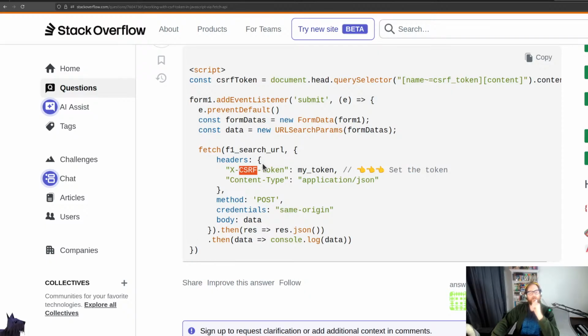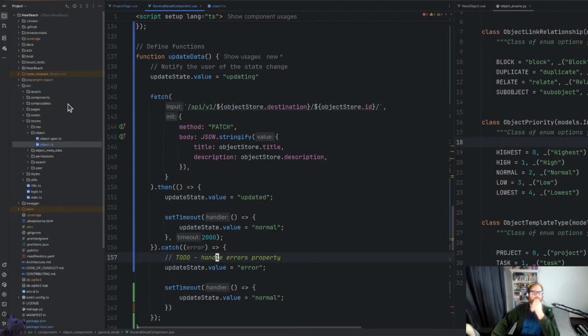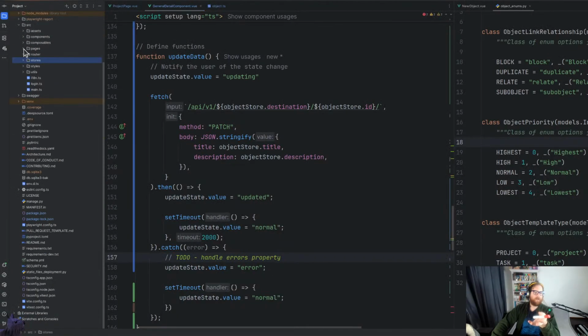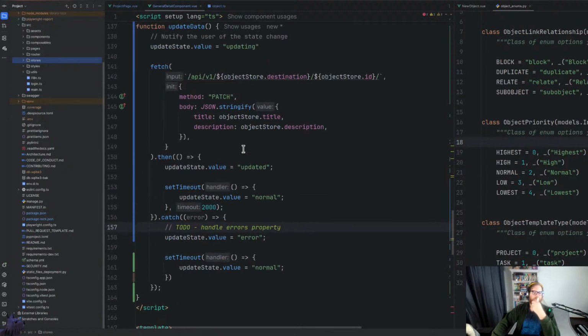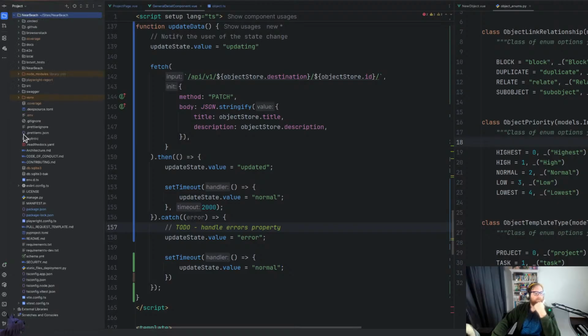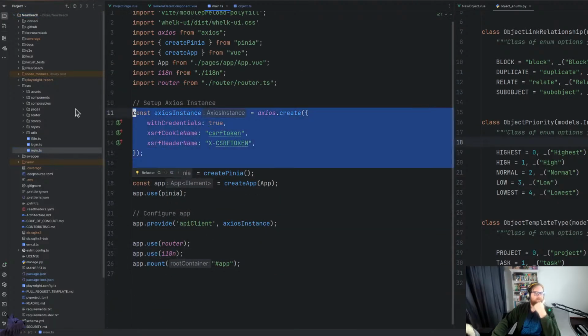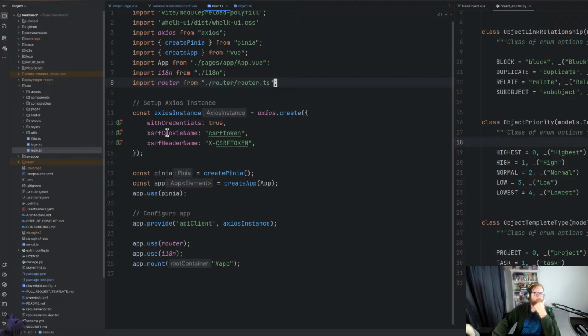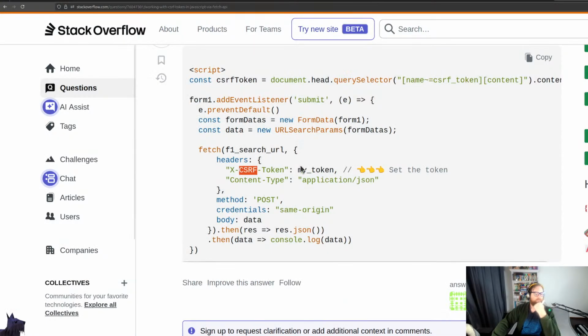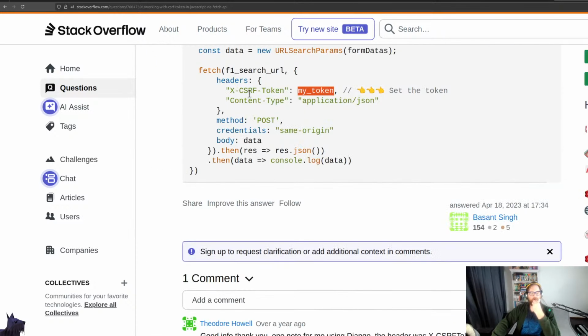And that's also another thing. I've set up Axios to handle this and so forth. But if I'm moving to fetch, I haven't actually set up fetch just yet. All right. We want to go into source. We want to go into main.ts. So this is where we do that. I'm just wondering if we do something similar. But if I don't have the token,